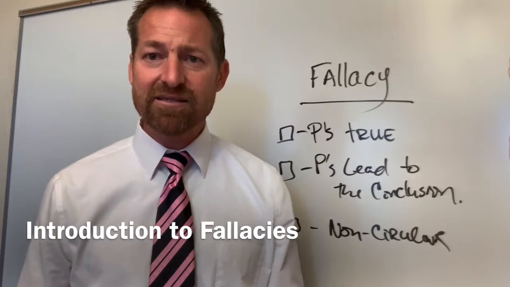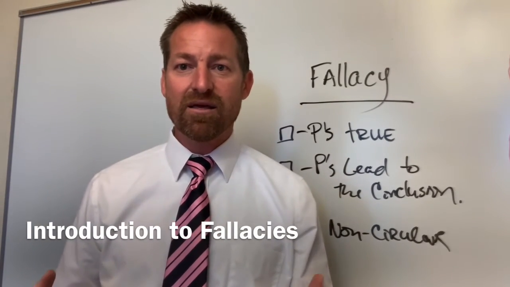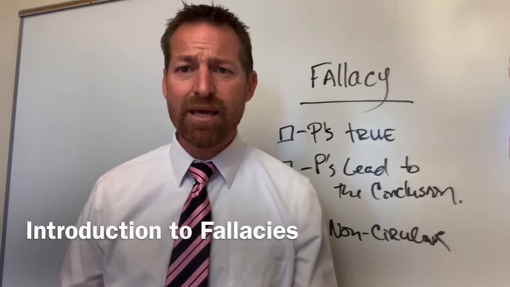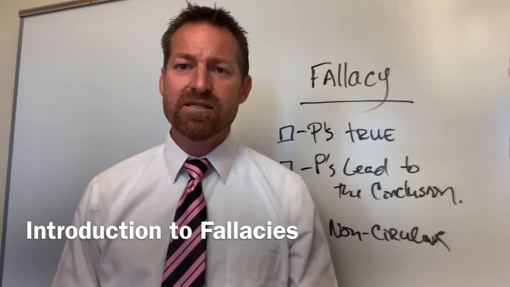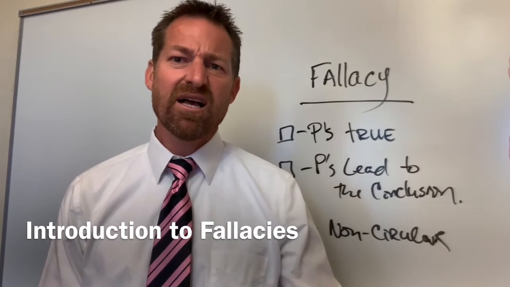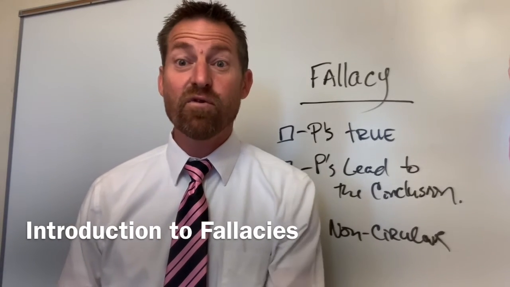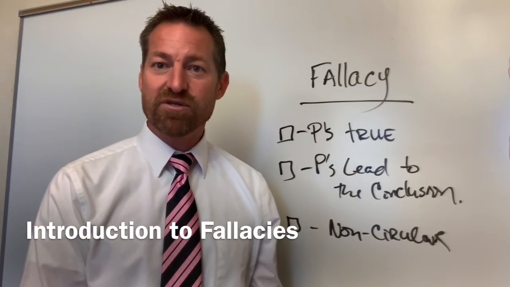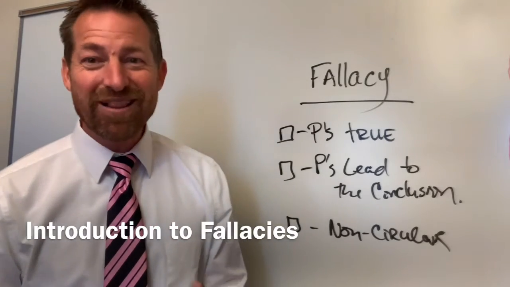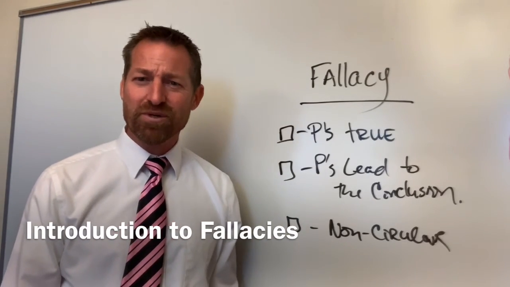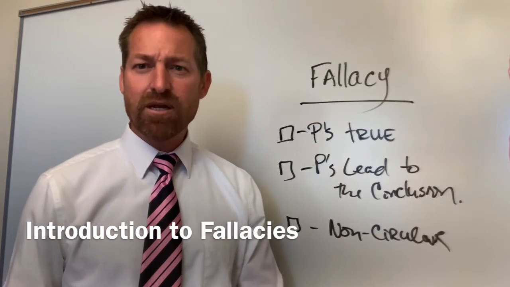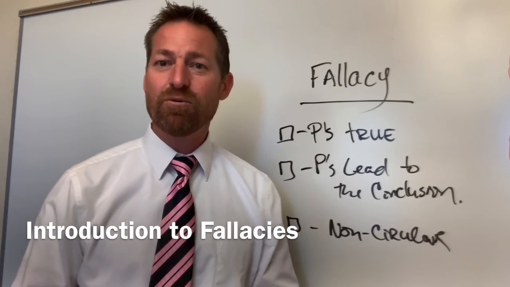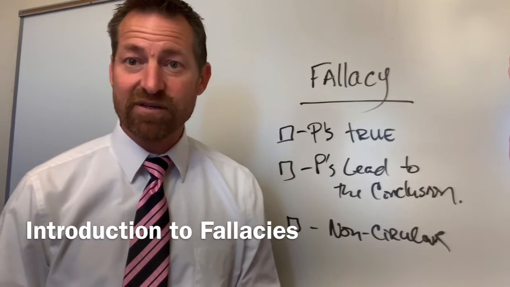But maybe you are talking about something such that a charge about the person's character is relevant to the conclusion. Just as an example, maybe the charge is that Senator so-and-so has bad character, they've cheated on their taxes, they've done this and that and the other, therefore they should not be on the ethics committee in the Senate. Now, it is a challenge against the person's character, but it's relevant to whether the conclusion is true. So by knowing what the fallacy is, but also why it's a problem, you can more appropriately assess whether the fallacy is occurring.